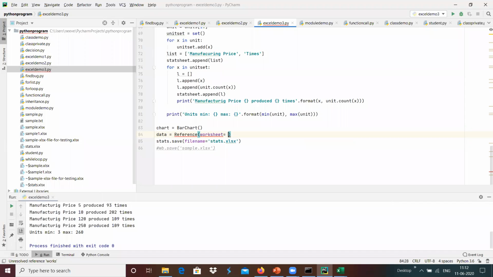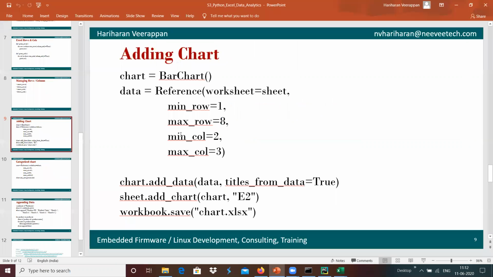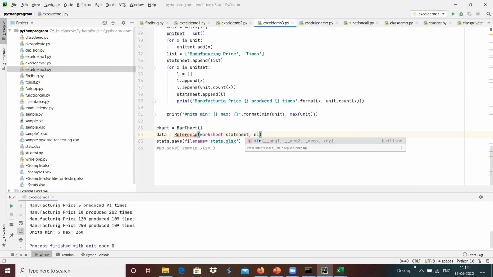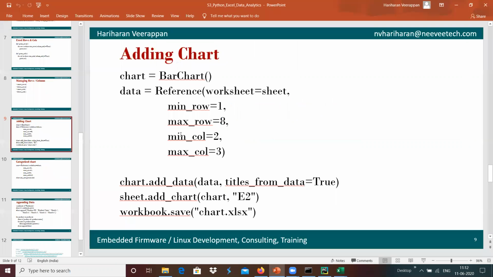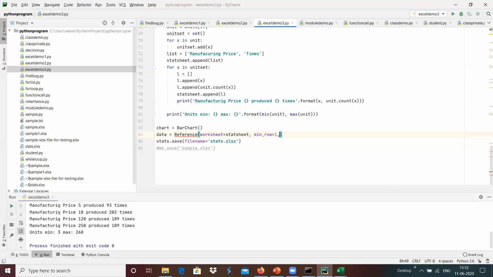And we have the worksheet. Worksheet equals, I'm going to provide something like a stats sheet over here. And with that, we may have something like min_row as the option, where we can choose from the first row, and up to max_row equals 2.